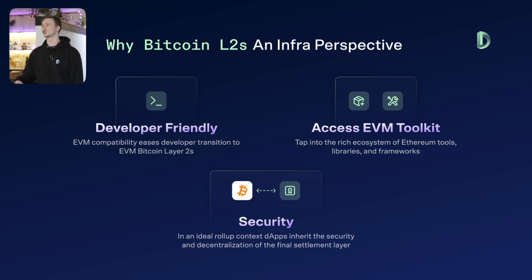And so, as an infrastructure provider, as a dApp, as any team building, your security is only as strong as your area of greatest vulnerability, right? And so, if your area of vulnerability is the underlying chain, there's definitely some issues there that need to be revisited and discussed. So I think that just the underlying security and decentralization that Bitcoin offers as this base layer, this ultimate finality and settlement layer for Bitcoin L2s is again just really enticing and adds to the general picture as to why we're excited about this.